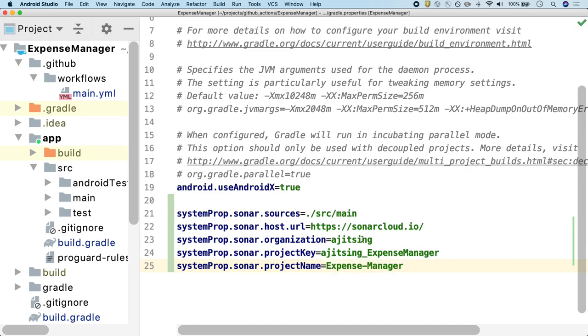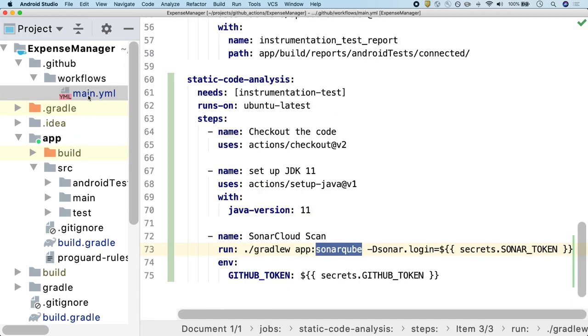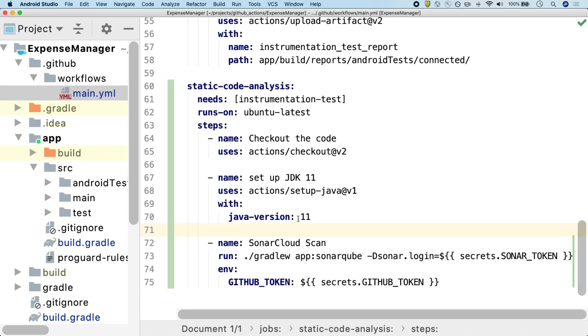Okay. Now that we know how to set up the Sonar scanner, let us go to the workflow file again. So what we will do is we will commit this code and push it. And once we push it, it will start running the overall process.